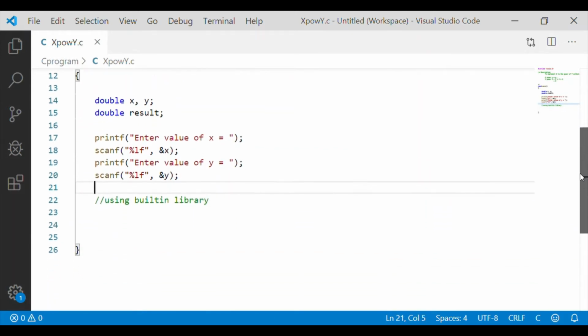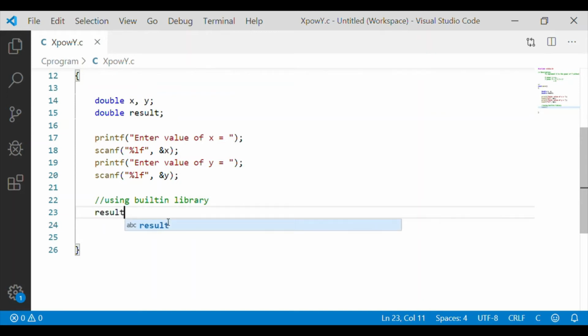After getting the values of x and y, we will store the pow of x comma y to the variable result.